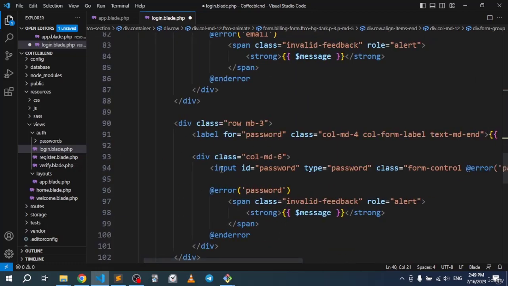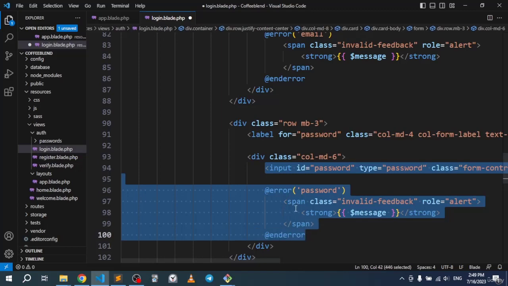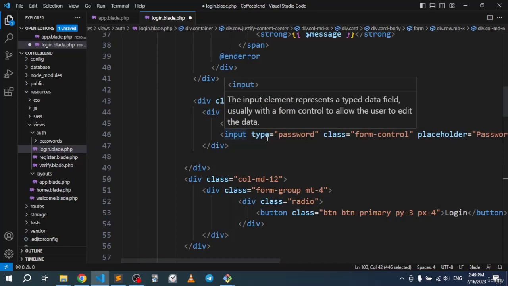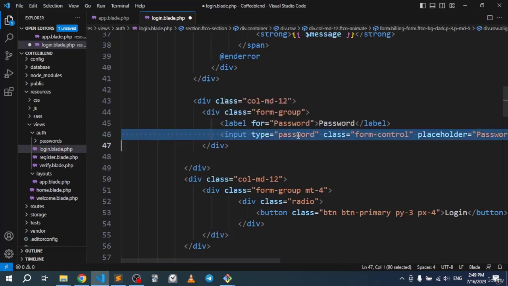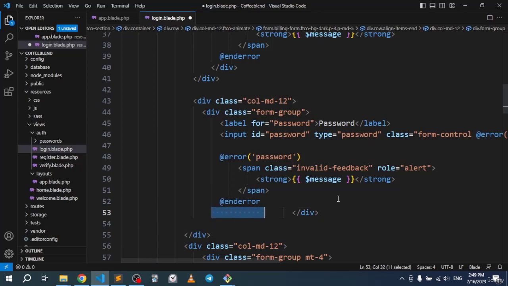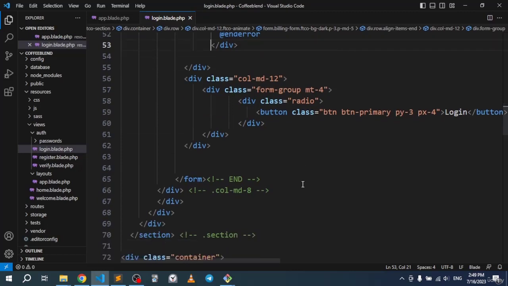So right here, let me also grab this whole input with this part for the error message. Let me go right there. Let me go ahead and go at the input and paste like that. So as you can see, right there. So if we save this, all right, and right here for the button, what we need to do